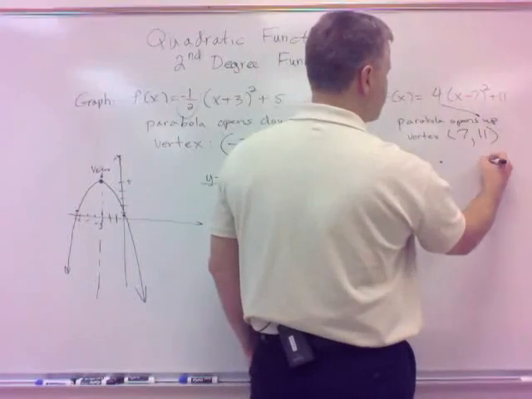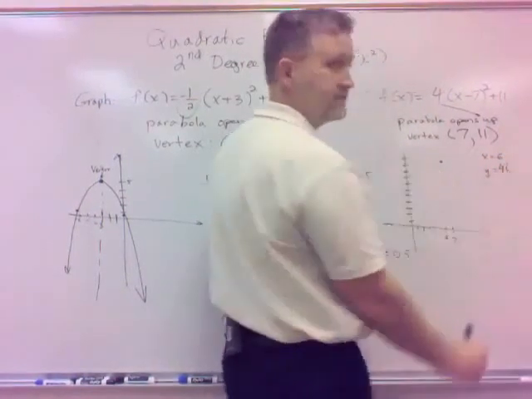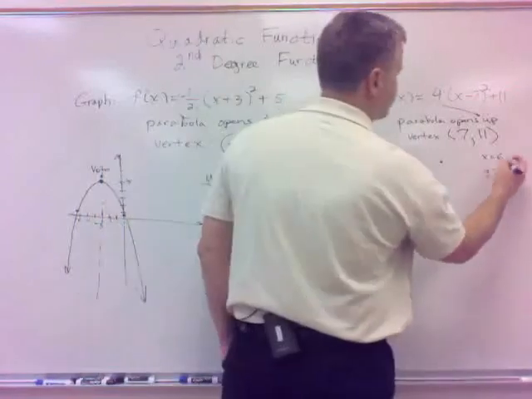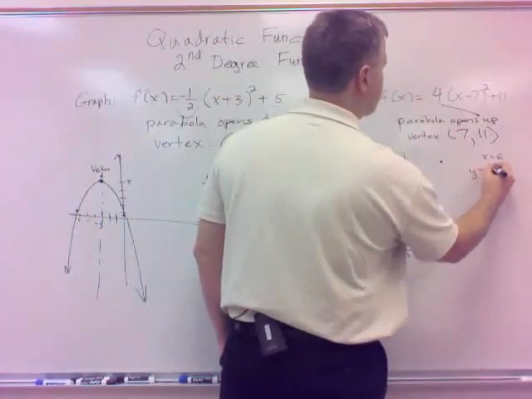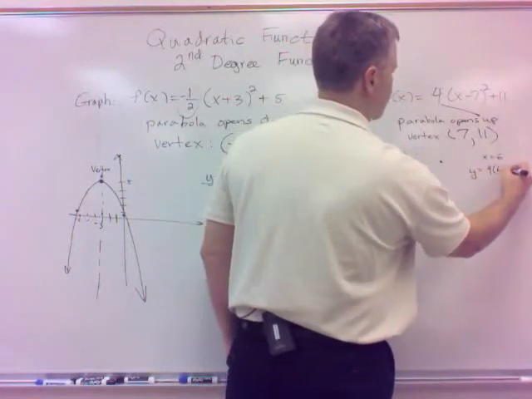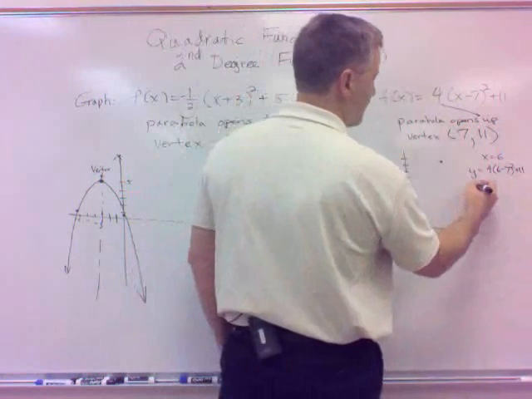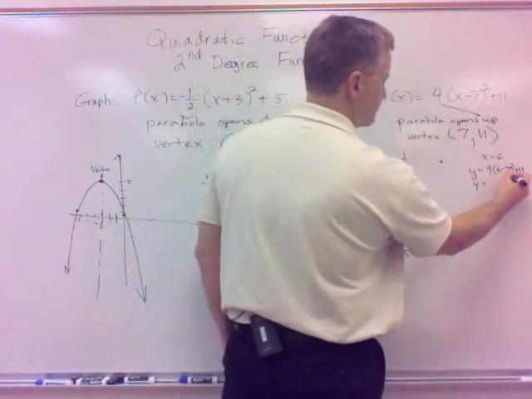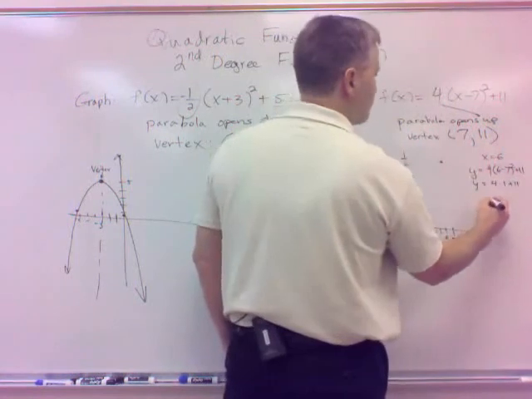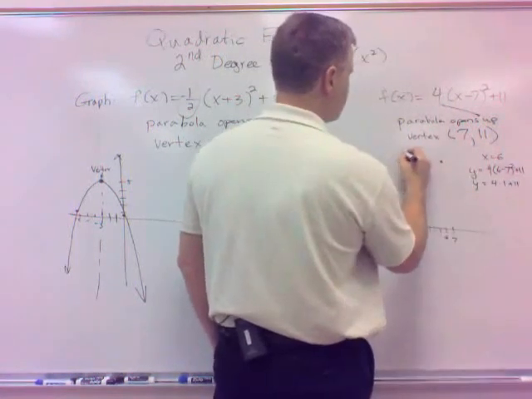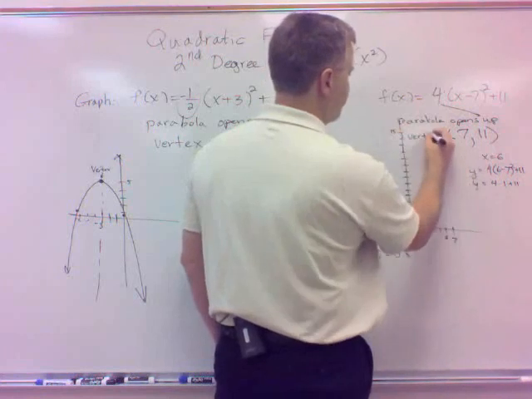If x is 6, then y equals 4 times 6 minus 7 squared plus 11. If you're wanting another point close by there, that would be 4 times 1 plus 11, because you're going to square a negative 1. Yeah, that's 15. So at 6, I'm at 15, so I've got another